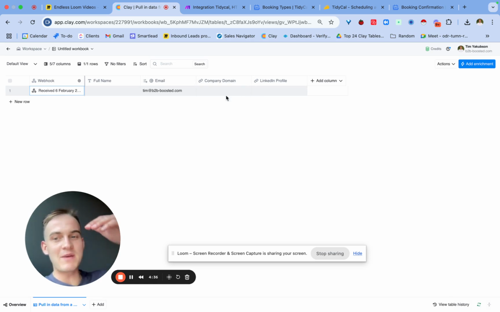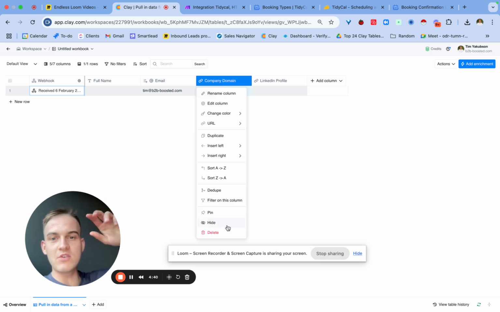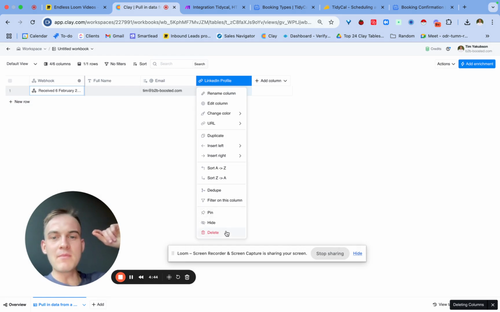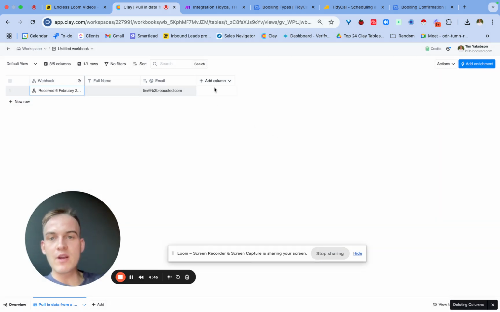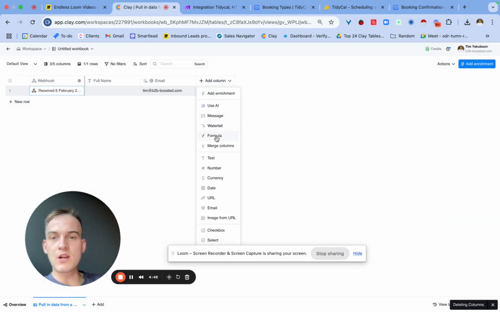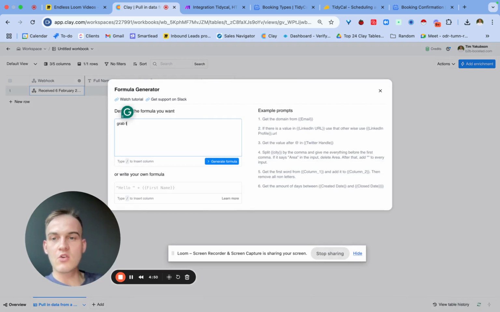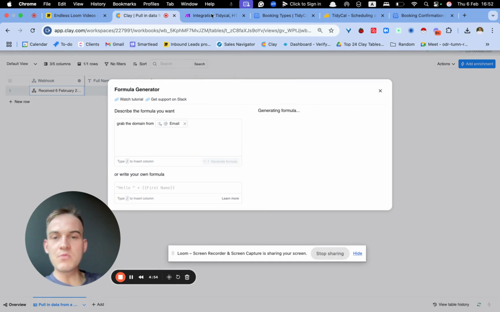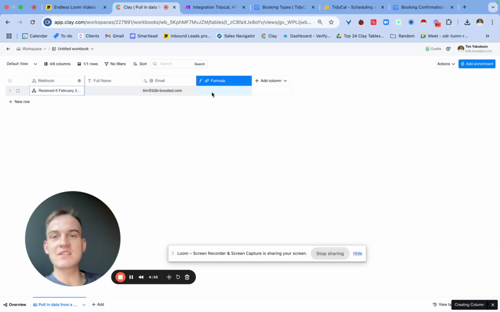Now, I'm not really going to spend hours teaching you how to research the person, but I'm just going to give you one hidden gem that probably not many people would think about. So essentially what we're going to do here is we'll click on add column, we'll click on formula, and we'll just say grab the domain from email. And what this will allow us to do is to then have access just to the website of the company. So we'll then say